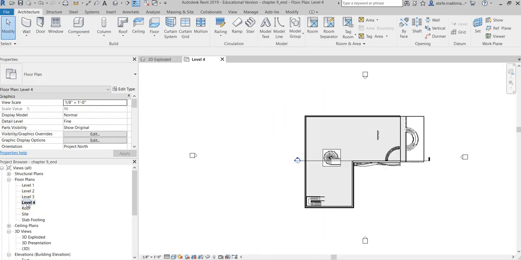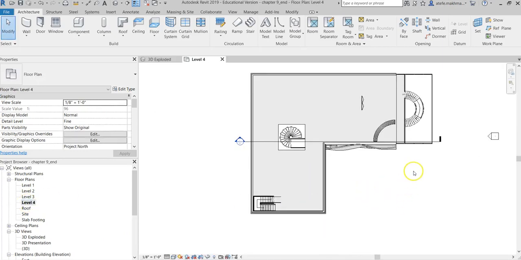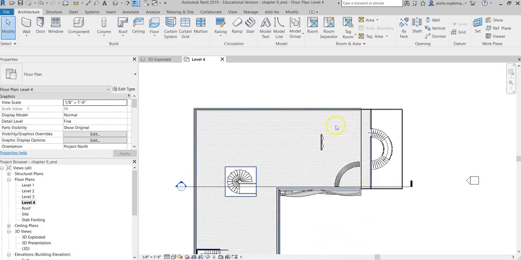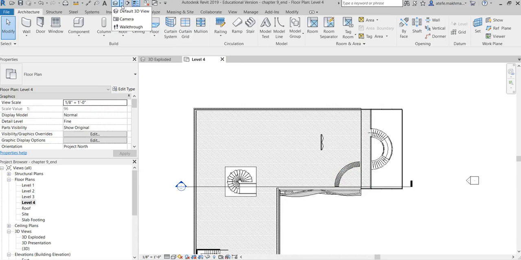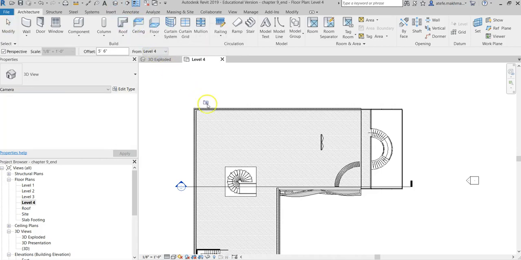So I'm going to go to level 4. And I want to actually place a camera so I can see the 3D wall and the bench. So you can access the camera if you go to the quick access toolbar and the little house icon drop-down menu, click on camera. So you can place a camera